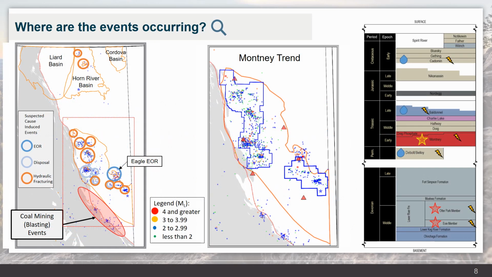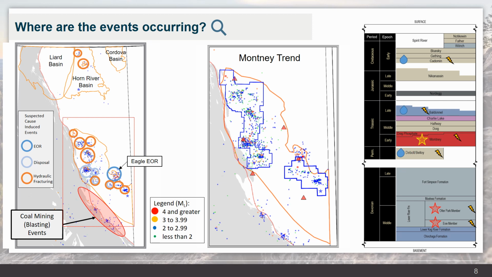The image on the left is a map of Northeast BC. Maps throughout this presentation are consistent. The gray area is the mountainous region where there is no oil and gas activity. The white area is the edge of the Western Canadian Sedimentary Basin, and this is where oil and gas activity occurs in Northeast BC. In the northern part of the map, there are three shale basins: Cordova Basin, Horn River Basin, and Liard Basin. In the center portion of the map is the Montney Trend, which has a red dashed rectangle around it. This is zoomed in the central area.